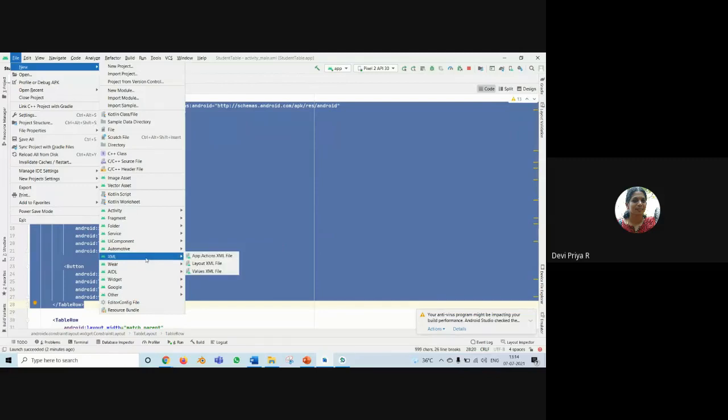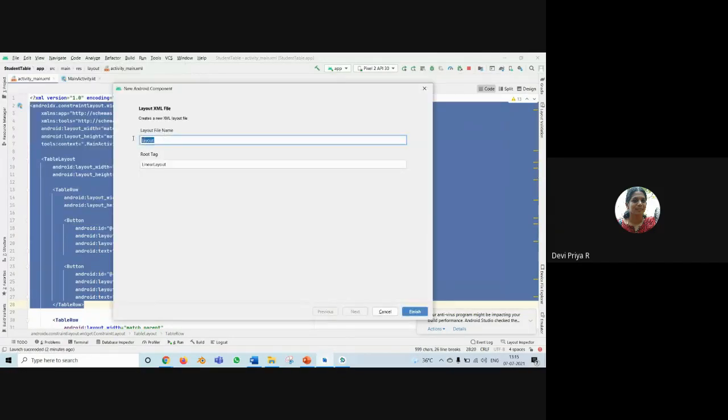So go to this XML. That means inside a single project, if you want to have multiple XMLs, for one frame, that means for one web page, this layout is okay. And for the next page, obviously you need some other layouts, right? That means after I click on the submit button, it will go to the next page where some other form is being loaded. So you can create another layout XML file, and you can give the name for your layout. For example, I am giving student.